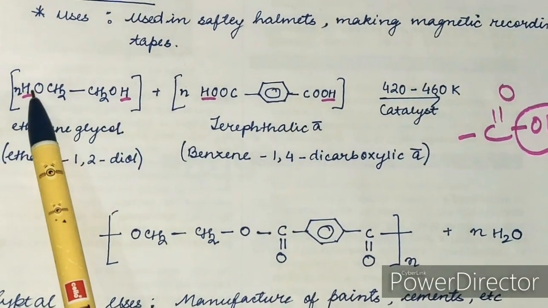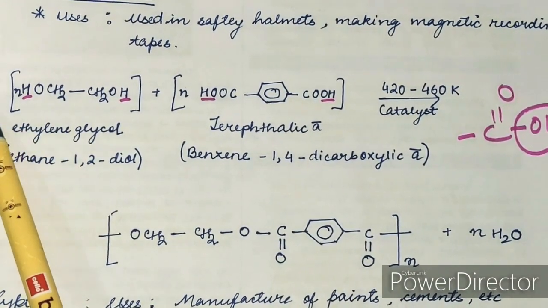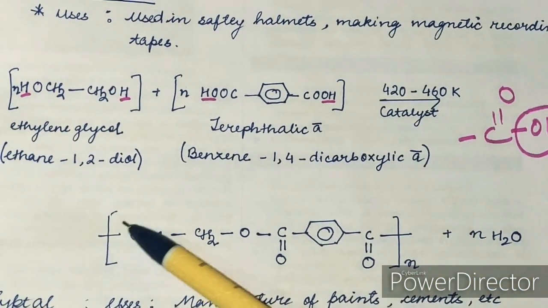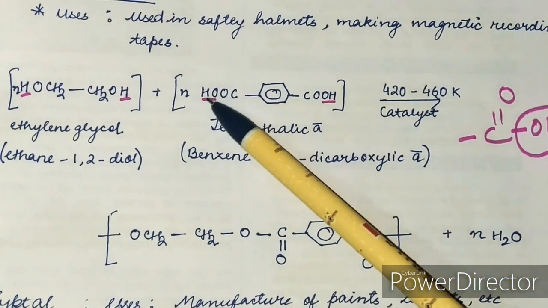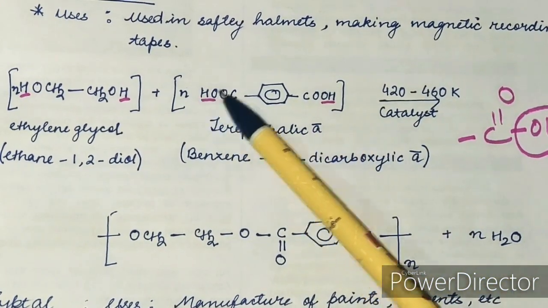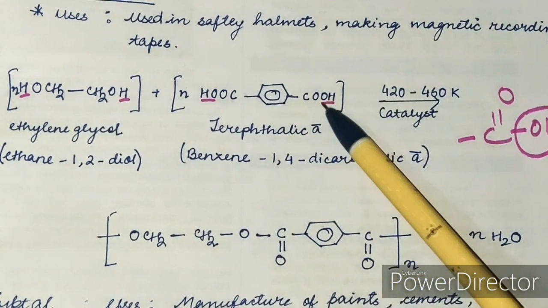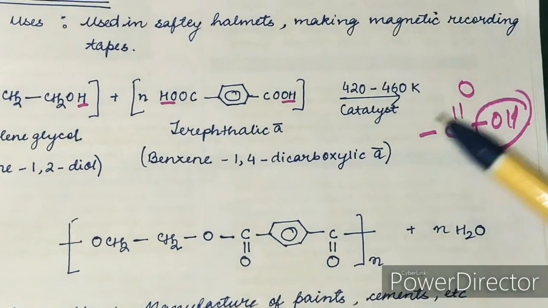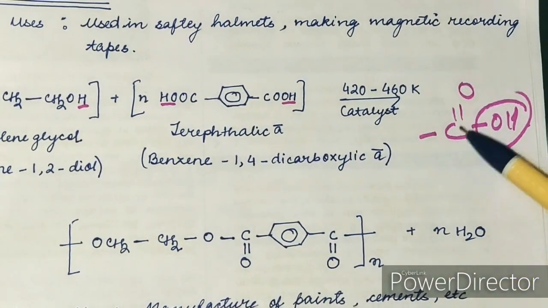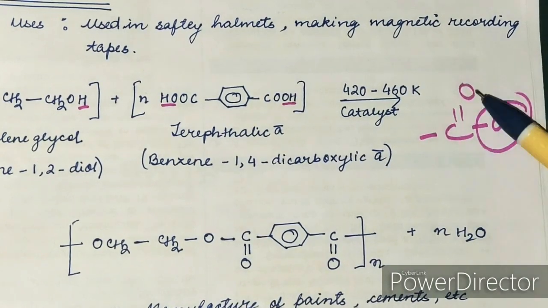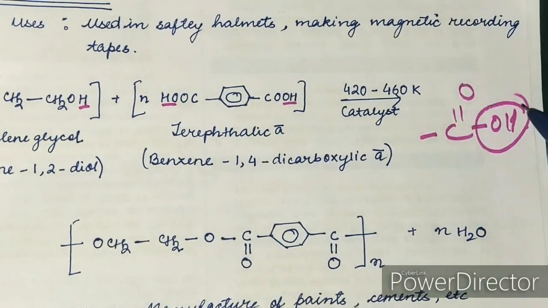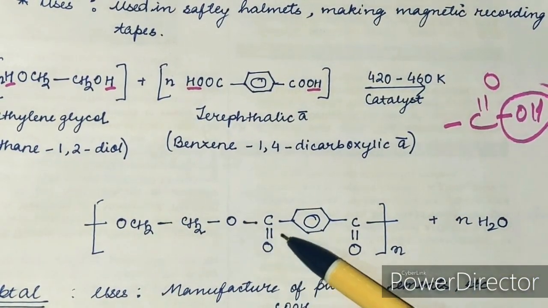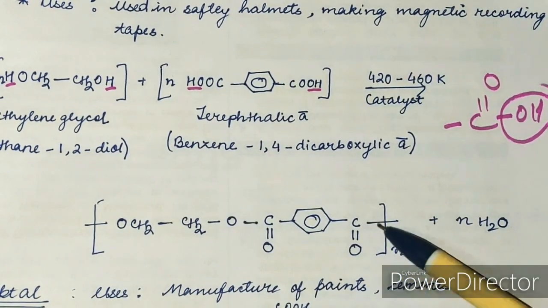Now this part is open for another monomer to add on. I'll tell which monomer is added here. This is the part. And then from the terephthalic acid, OH is removed from either side. From both the carboxylic acid groups, OH is removed. Here carboxylic acid is C double bond O, OH, so COOH. From this group OH is removed. So what remains is C double bond O, benzene ring, again C double bond O, and then